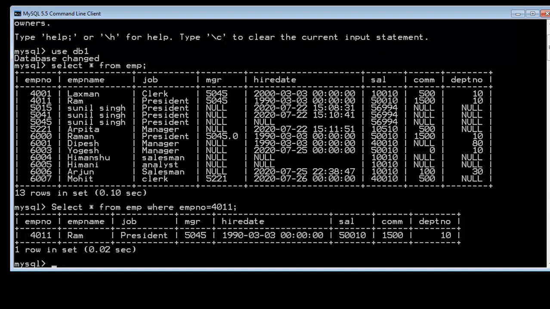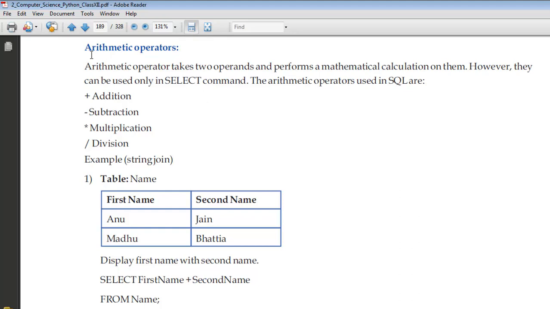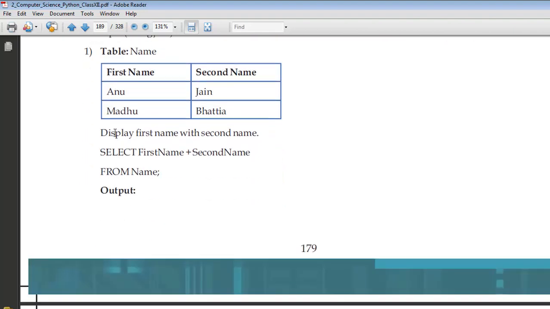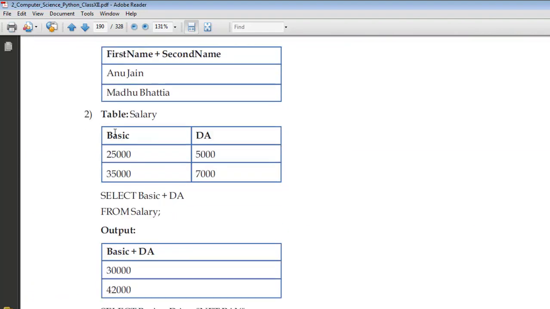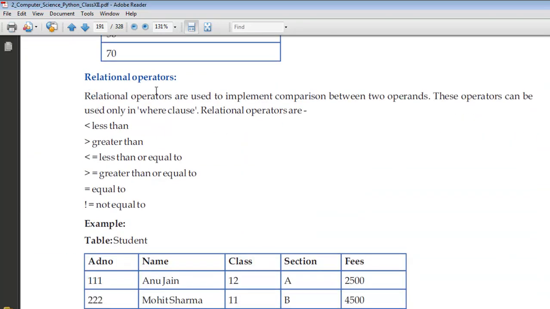Let us see what are the operators which are offered by MySQL. Here are some of the arithmetic operators: plus, minus, multiplication, division. These are really straightforward, so we need not discuss all of these. And then we have relational operators: greater than, less than, and vice versa, less than or equal to, greater than or equal to, and not equal to. So these are some of the operators you can use in